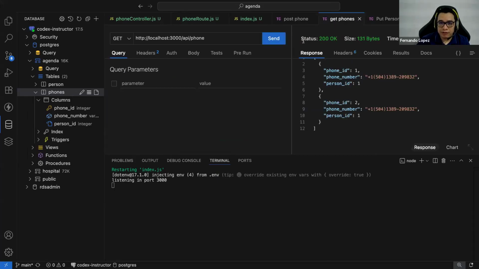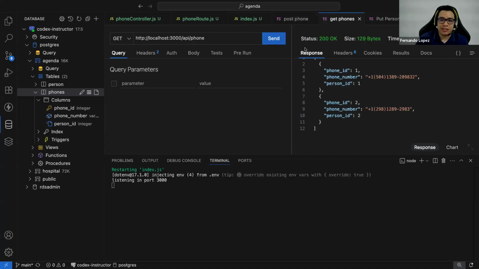Object updated. If I get the phones now, as you see, the person ID is the number 1. Now, it's very important to understand that here we don't understand what's the person ID number 2 or number 1, right? We might need to get the name of that person. That's why the join is important. That's why we use 2 weeks to understand what is a join.